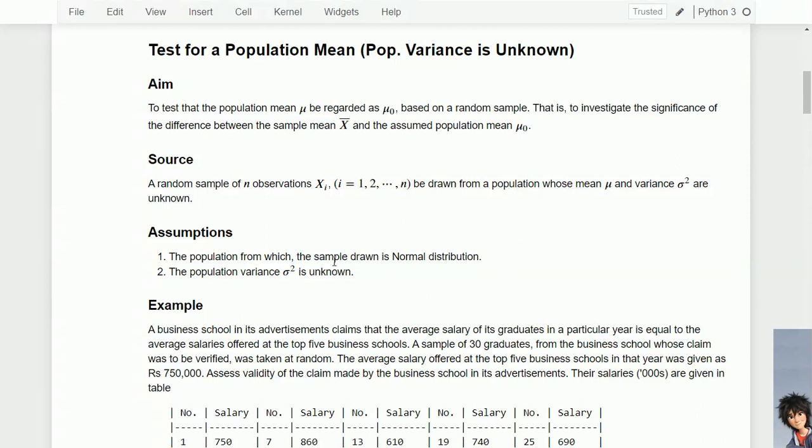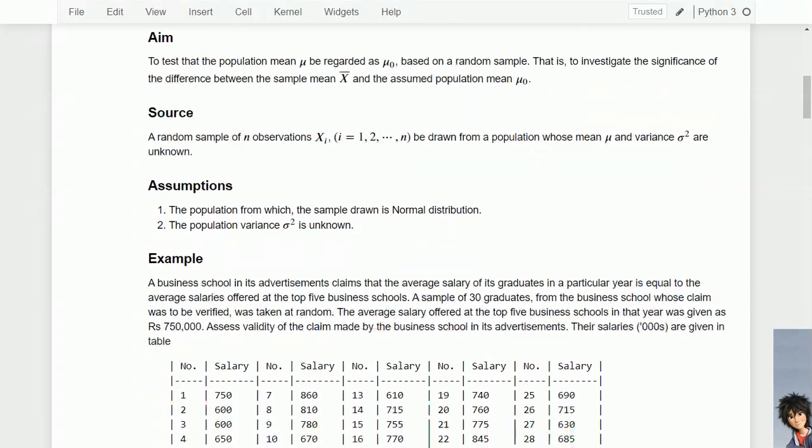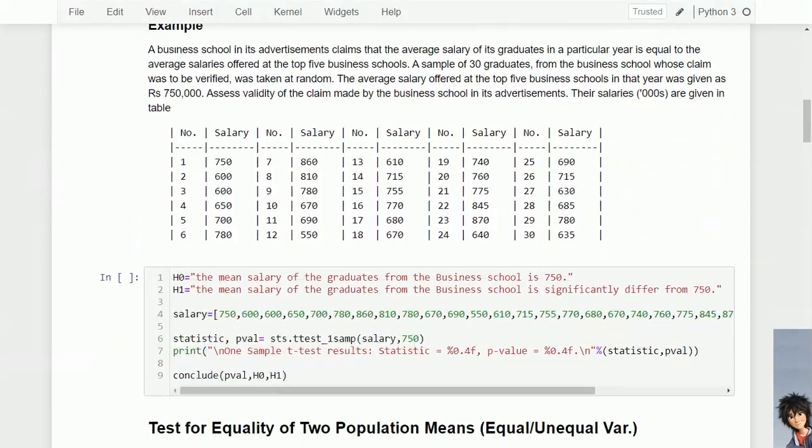So there are some assumptions. The population from which the sample is drawn is normally distributed, and population variance is unknown but constant. Let's take an example. A business school in its advertisement claims that the average salary of its graduates in a particular year is equal to the average salary offered by some business schools.